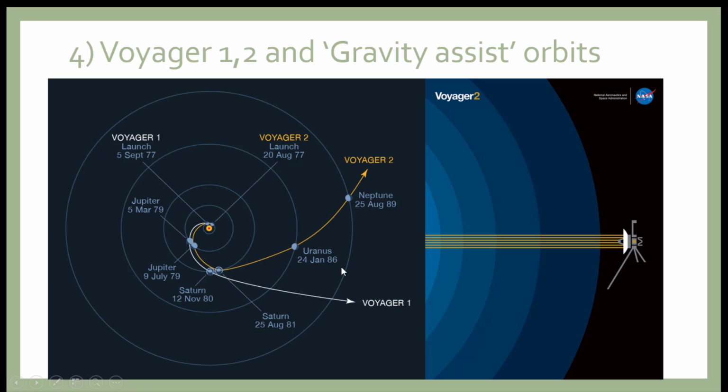Okay, now unlike Mars orbital mission, Voyager 2 is covering 4 planets. You can see here, right? So orange line is Voyager 2 and white line is Voyager 1. So look at the orange line. It is first reaching the Jupiter and then Saturn and then Uranus and then Neptune. So in one mission, it is observing all the 4 planets.